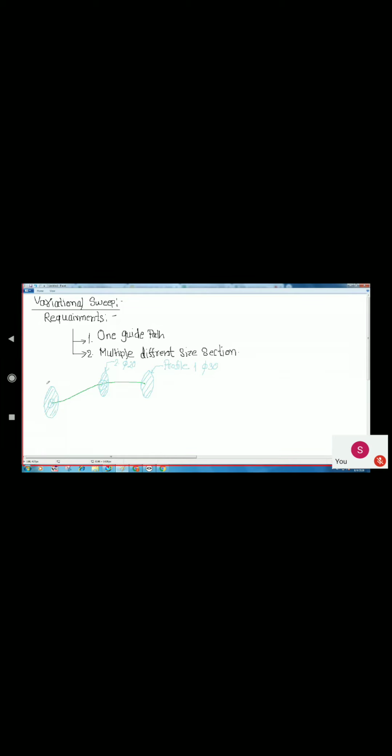And this size is, this is profile number 3, and the size you can say here is 60, diameter 60, and accordingly your material addition will be there.